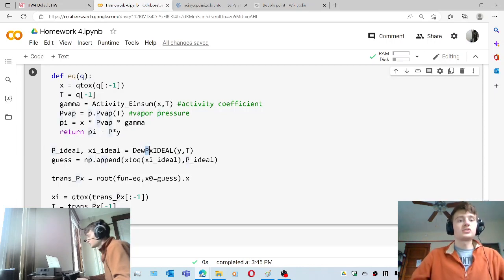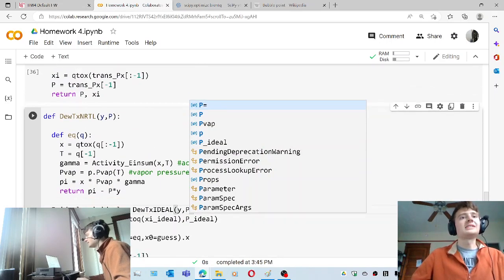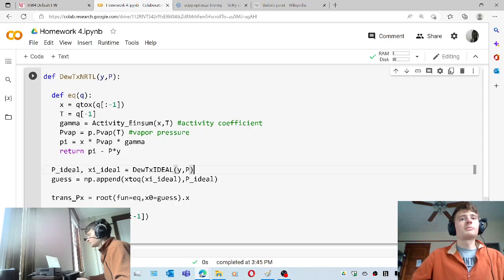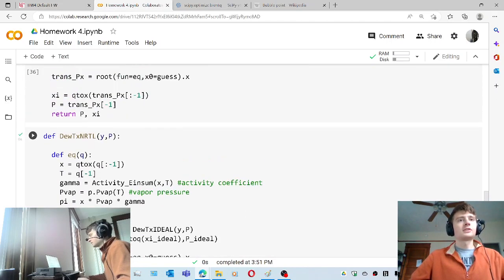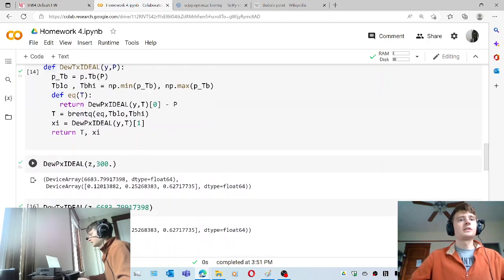Oh, actually I need to change this to the dew temperature and give it a pressure, because I need to find the ideal dew pressure and temperature. But yeah, with all that, I should be good. Go ahead and run that. Let's go up here, maybe take this,